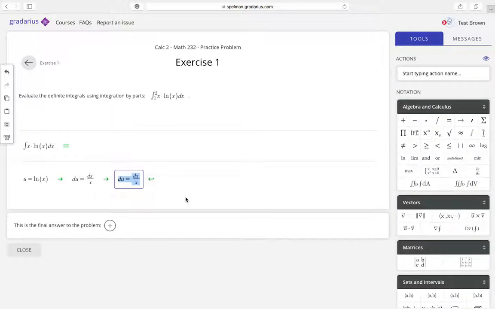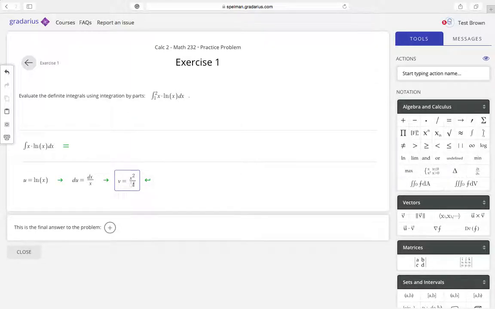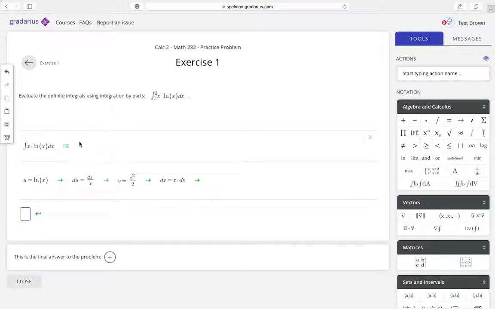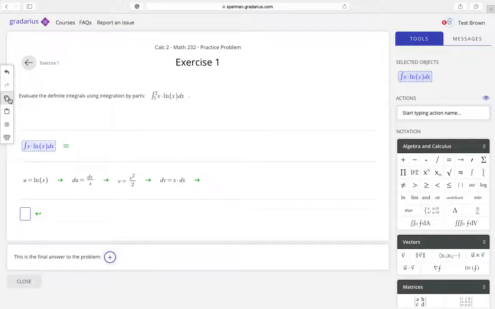And then in class, I think I went to a different row, but since these are arrows and not equal signs, we can stay on the same row. But remember, again, you have to state your v first, so that's another reason why it's important to already have the problem solved, so you'll know what your v is. And then your dv is x dx. Okay, so there we have that, and I'm going to do a new row so I can do my integration